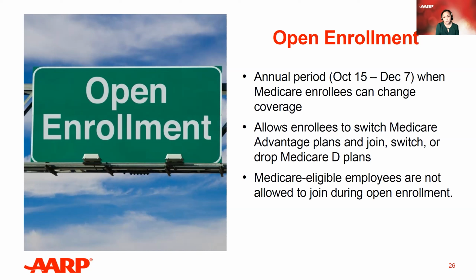So size of your company does matter in terms of what becomes primary and secondary, but it also matters in terms of what's required. If it's a smaller company, eligible employees must enroll in Medicare, and then the employer-based coverage becomes secondary. For large, it's the reverse. Employer-based coverage is going to be primary. Medicare will become secondary. We'll even show there's a use case where they may not even enroll in Medicare and they could delay that. I think that's our next slide.